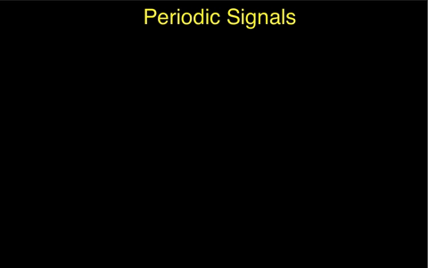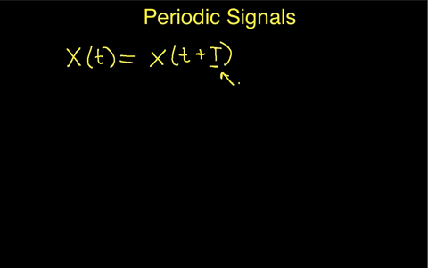So the definition of a periodic signal mathematically is that some signal x at a particular point in time t is equal to the same signal at a different point in time t plus cap T. So the idea is a periodic signal looks the same if I shift it by a factor of cap T. Cap T is called the period of the signal. As an example, suppose I have